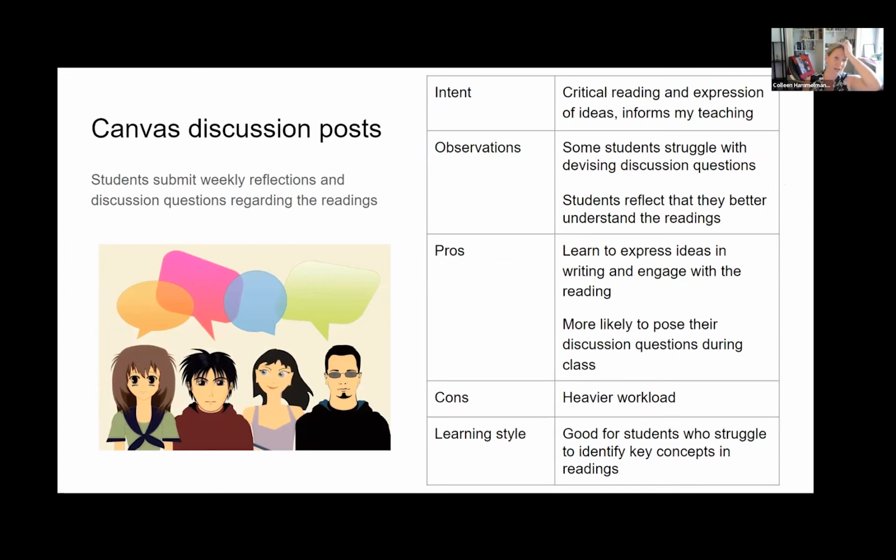And so this is something that I use in many of my classes, but especially this semester in a writing intensive class, in which I've asked students several times throughout the semester to reflect on the readings that we're doing on their own and submit a discussion post. And in this, they just give a short 400-word summary of the reading, their evaluation of it, what they thought it did well and what it doesn't do well, and then 2 discussion posts or questions that come up from those readings.